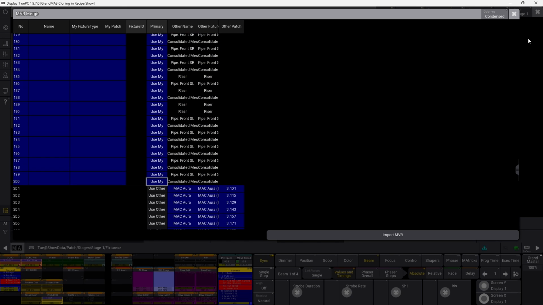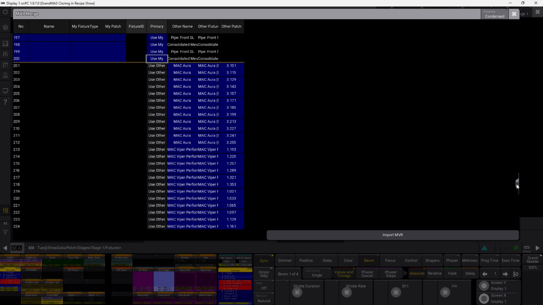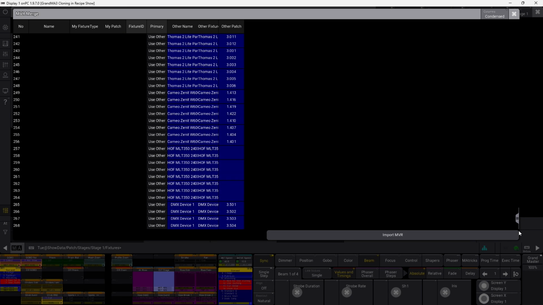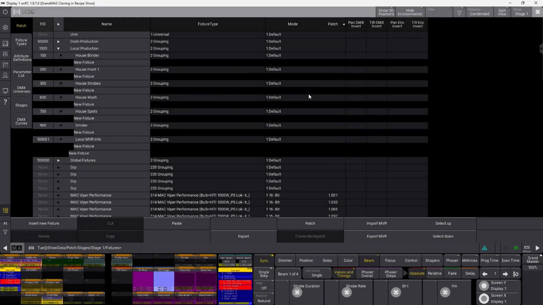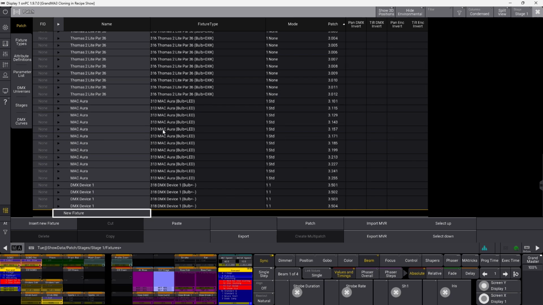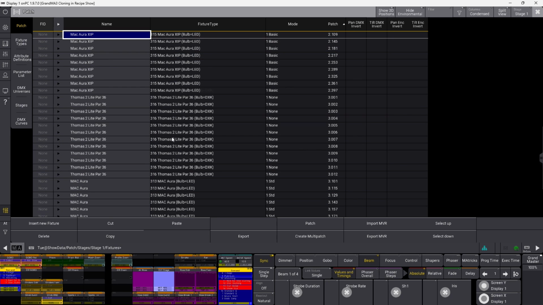So I say use mine, which means don't import that. I go further down, there's some trussing down here as well, and we say use mine, and we have some smoke machines, that is fine. So we say import MVR, it prepares everything, and now you can see it puts everything down here below where I imported it,